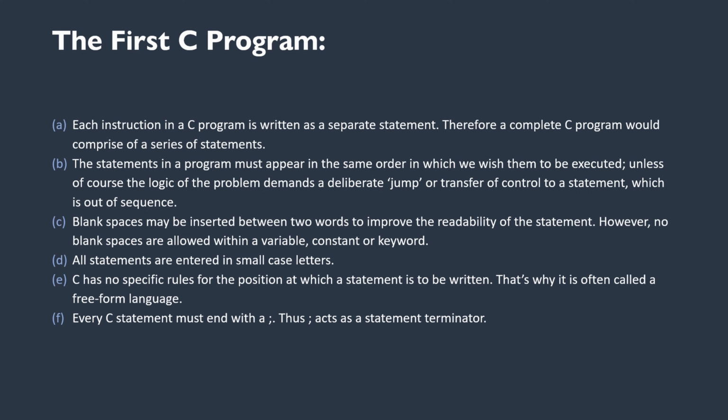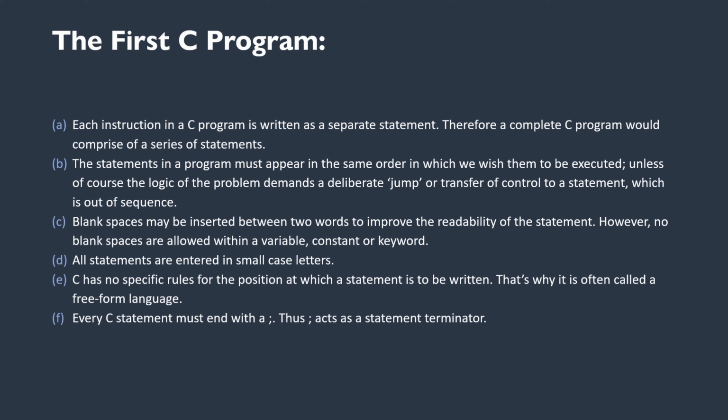So each instruction in a C program is written as a separate statement, right? So we have a separate set of statements which are known as a program. Each separate instruction is given as a statement. Therefore, a complete C program comprises a series of statements. And the second point would be the statements in a program must appear in the same order in which we